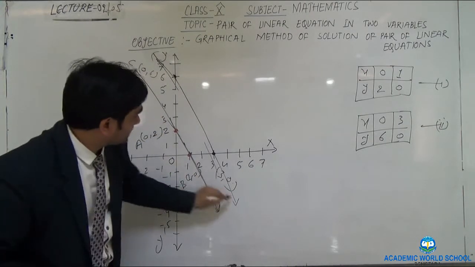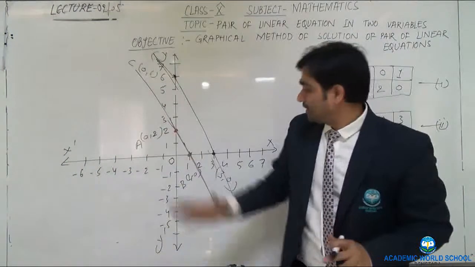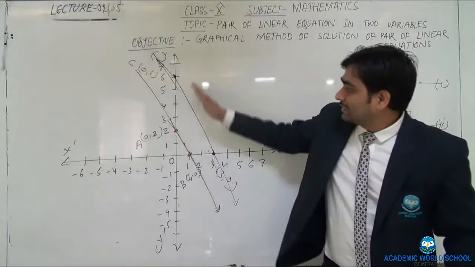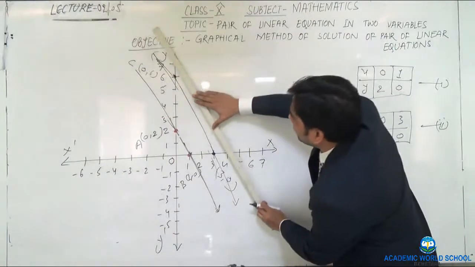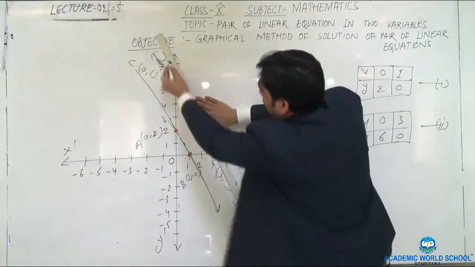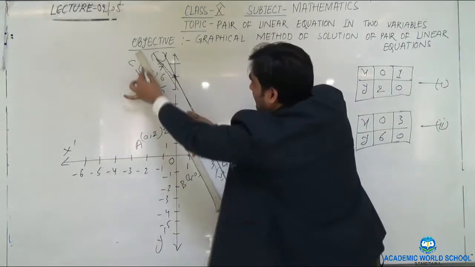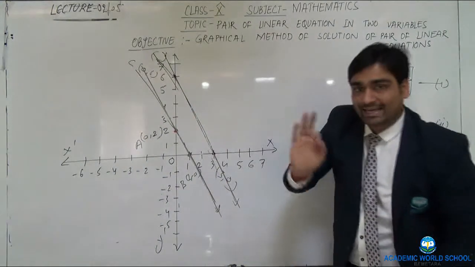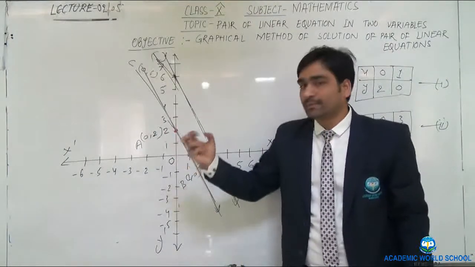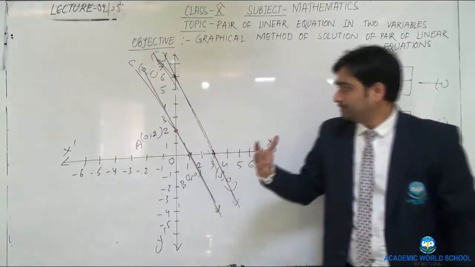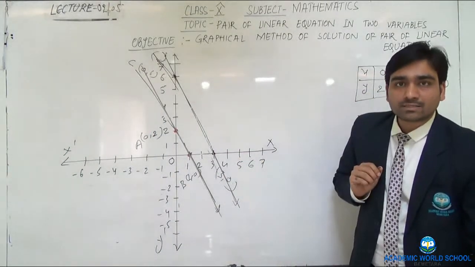Okay, when you represent this graph on actual graph paper, you will observe that both these lines are parallel to each other. Okay, if you represent these points on the graph, you will get parallel lines. So take the exact values and draw on the graph paper, so it will be more clear and you will get exact parallel lines.